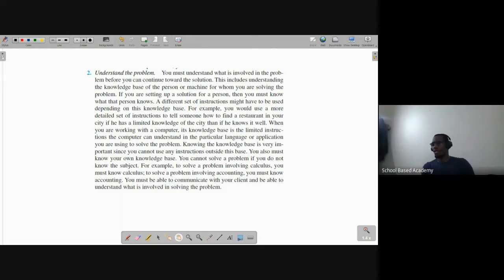Exactly. You're going to just solve part of the problem, or you might miss the core of the problem altogether. You have to know as much as possible about a problem before you can attempt to solve that problem,